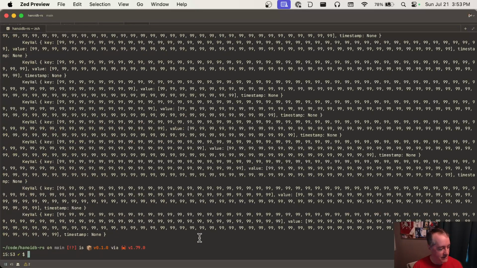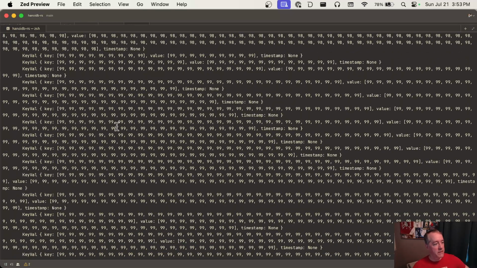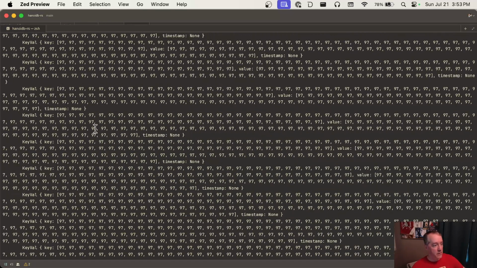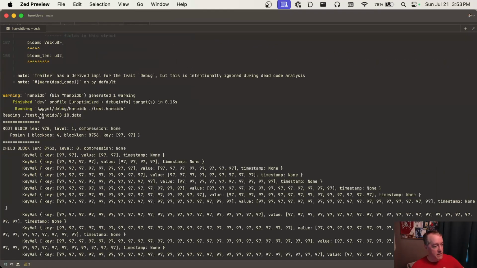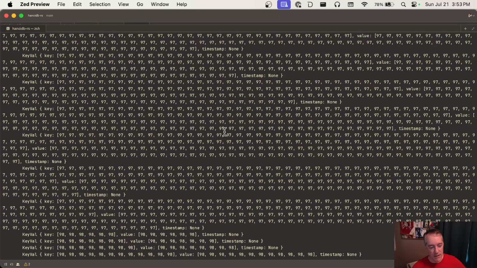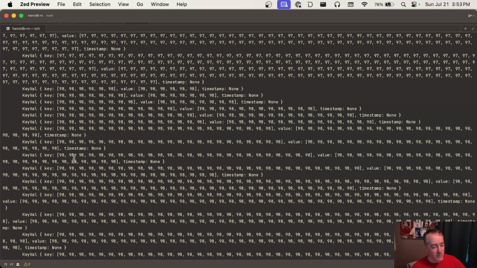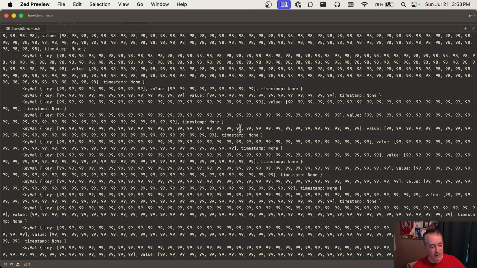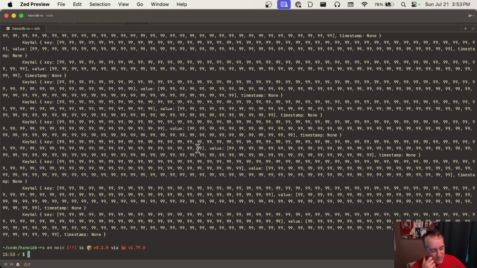Okay. So we were able to iterate over the keys and values in that first page. So we've got the root block. We got the first entry. It starts with the key 9797 and value 9797 and so forth. And then there's just, I think those are A's. And then we get to B's and so forth. So we were able to convert. Our iterator works. I think this is a pretty good place to stop for the day,